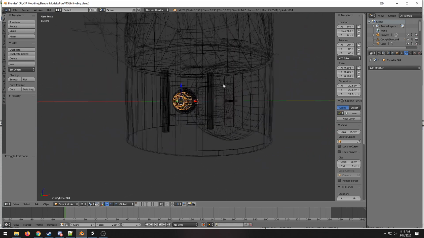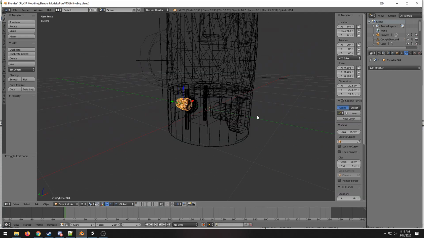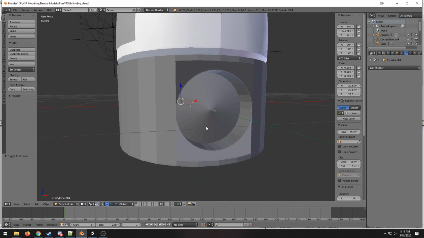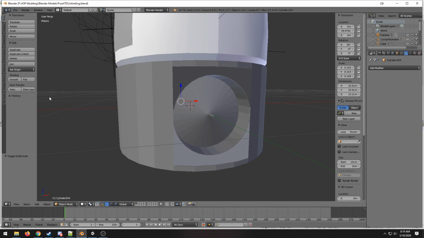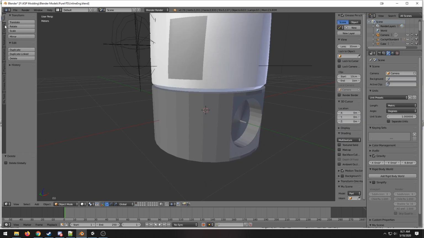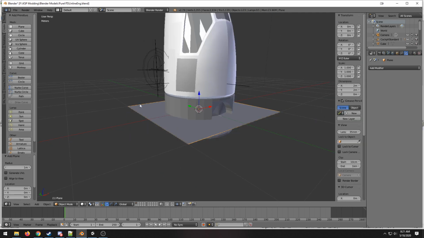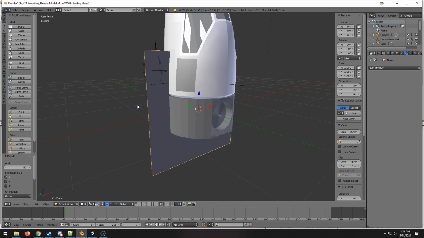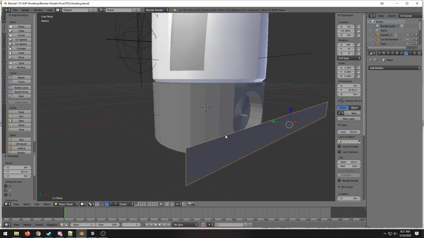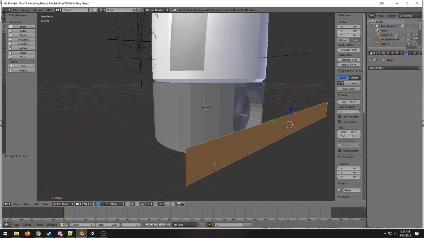So the only thing we really need to do now is do our fan. And fans are kind of fun, so let's save. Okay, so for our fan we are going to go here to plane, and I rotate this on the X, 90, shrink that down, Z. Planes are very interesting because you do have to solidify them, but you can actually quickly come in here and reshape them, which is good. So let's go ahead, hit Tab,